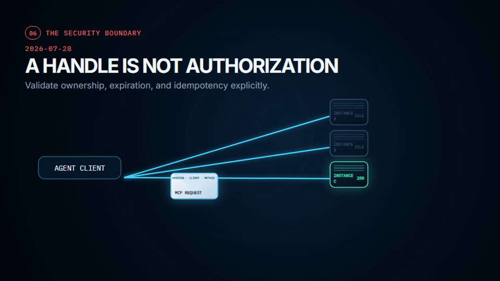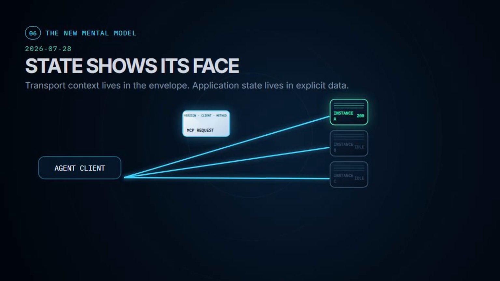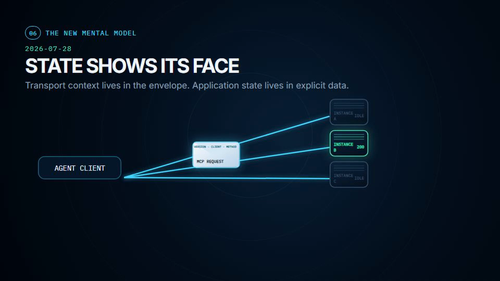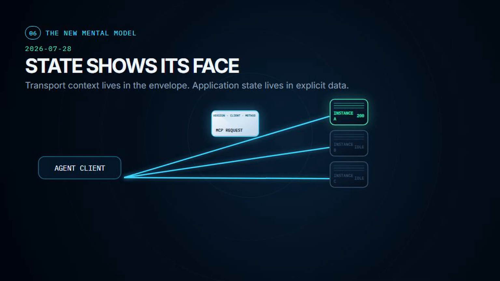Second, observability improves. A gateway can route or label traffic using stable method metadata instead of opening a JSON body just to learn that this is tools call. The protocol becomes easier to trace as requests move through proxies and serverless platforms. Third, caching becomes possible where the server permits it. Discovery and list responses can carry cache guidance. That does not make tool execution cacheable. A tool may change the world, but stable capability metadata no longer has to be rediscovered through a stateful handshake